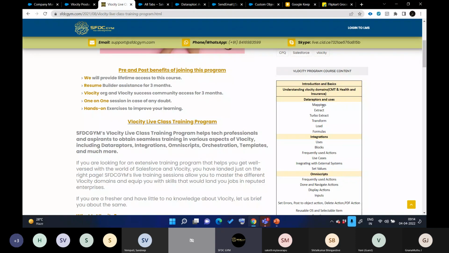Let's say someone is very good in development, then everything goes smoothly. I will not stress the basic questions, and I will move to the higher end questions also. But if someone is struggling with the concepts, then I need to slow down the process and make sure everyone is on the same page. If you have your own specific questions, let's say you want to use data raptor in your LWC, we can probably connect after the call. If the class runs from 8:30 to 9:30, we can discuss those things after 9:30 also. Yeah, that would be great. Actually, that is the help I'm expecting from you.